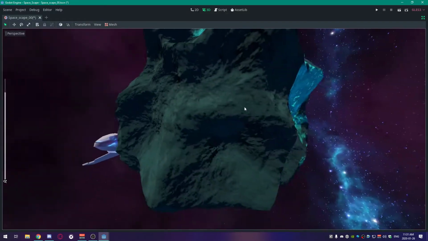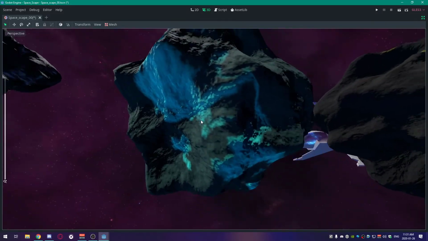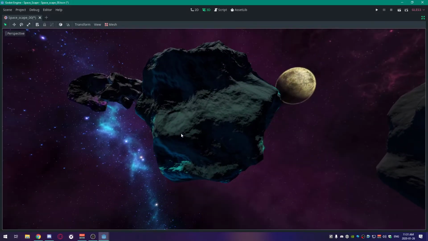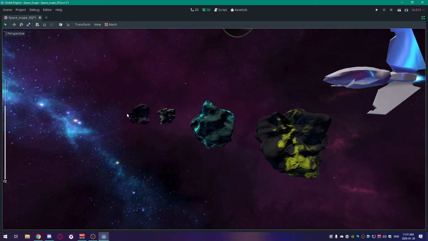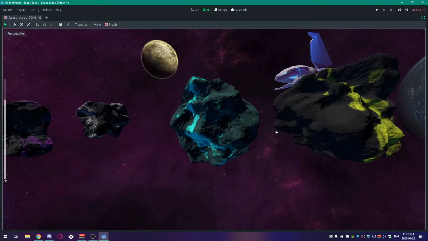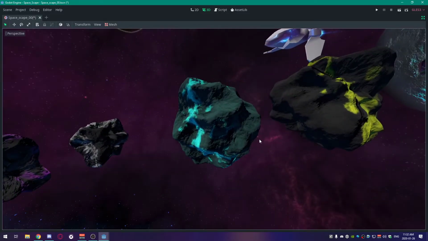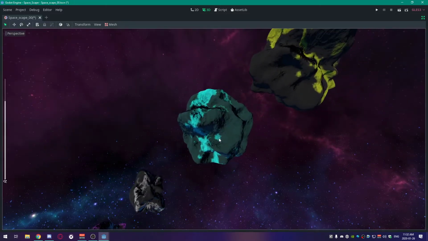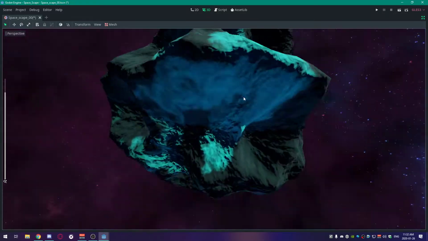I've practiced making rocks or asteroids in Blender, and they are the same mesh actually. They start as the same mesh, even this big rock, all of them, and they have some procedural deformation and noise applied, and also the texture is one of Blender's node-based